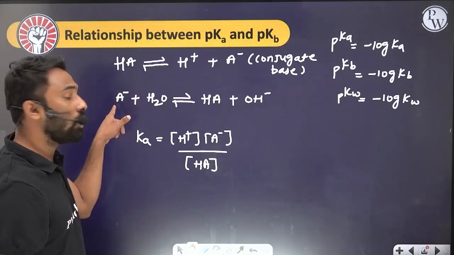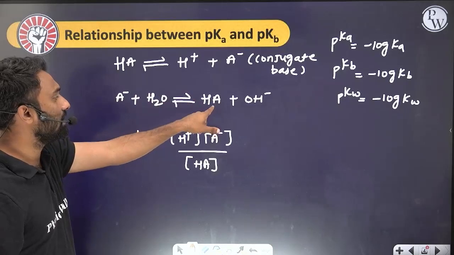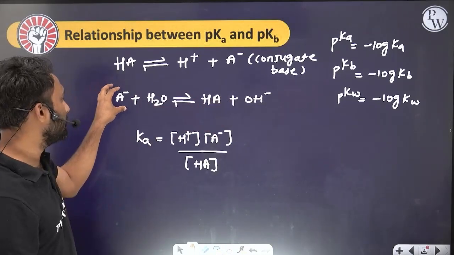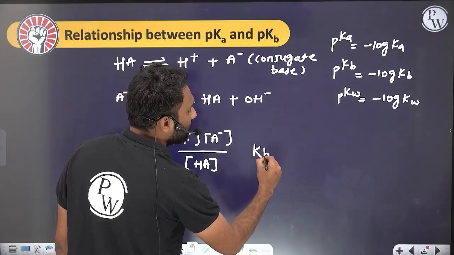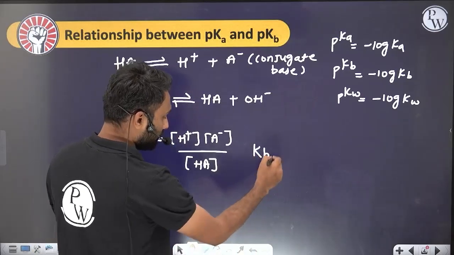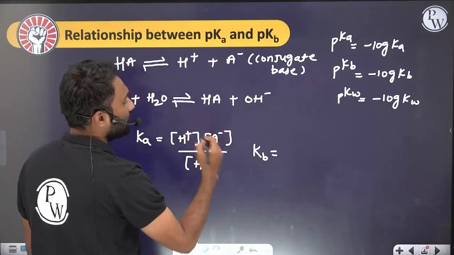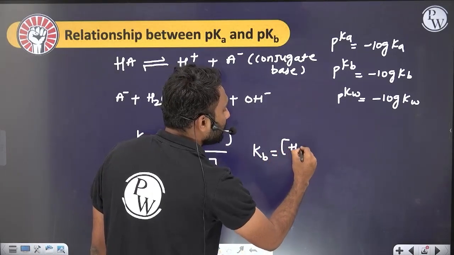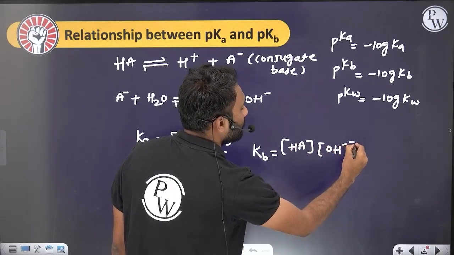Now this conjugate base is a base, it is reacting with water and giving HA and OH minus. For this one we can write Kb for the conjugate base. Kb is equal to, how will it come for this one? Concentration of HA and the concentration of OH minus